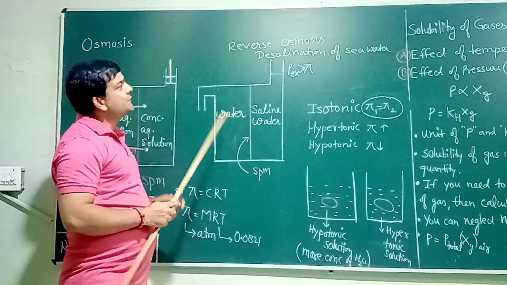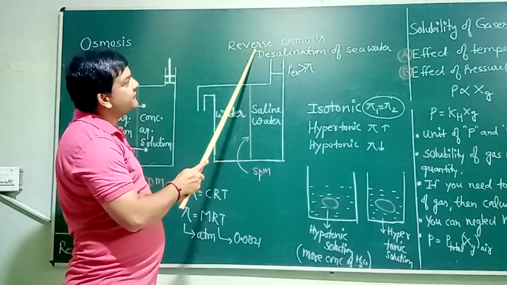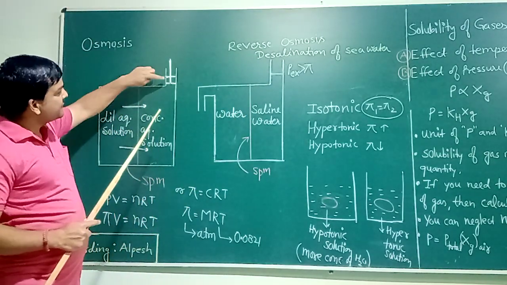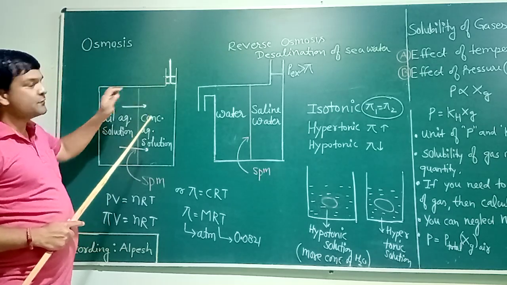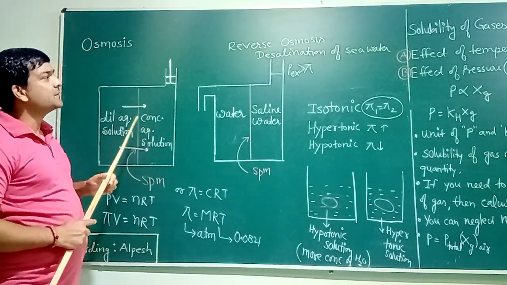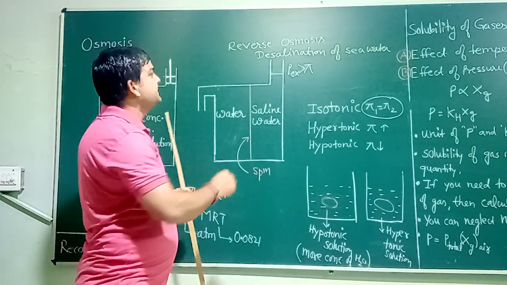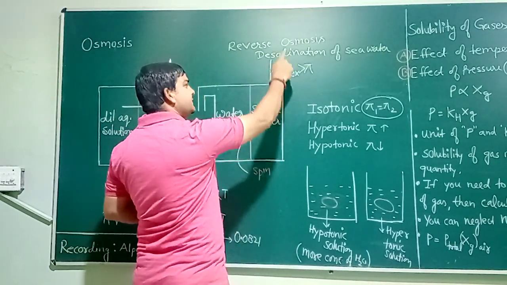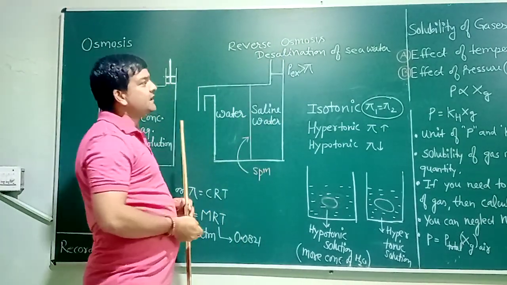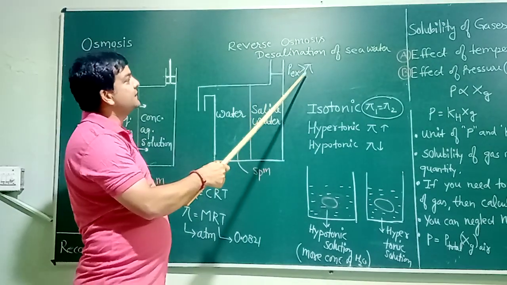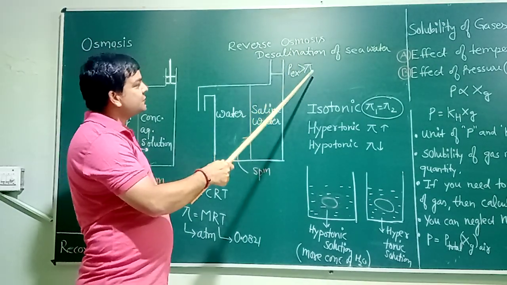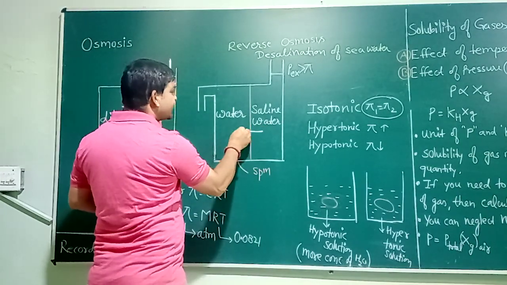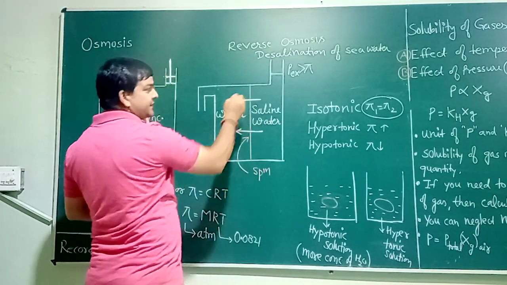Now in application of osmosis, this is in fact reverse osmosis. Here we have discussed if you apply pressure up to here, the movement of water particles will get stopped. But if you increase much more pressure, here you can see the condition, the external pressure which we apply here is greater than osmotic pressure. If external pressure is greater than osmotic pressure, then movement of water particles starts in the reverse direction like in this diagram.